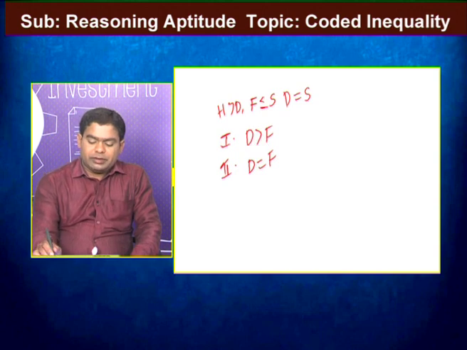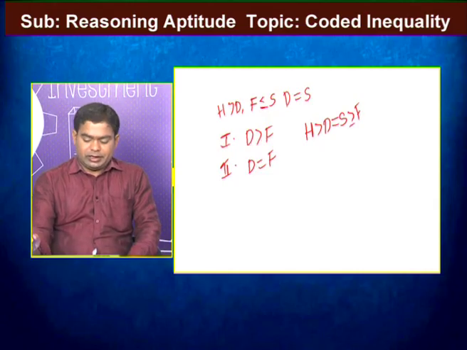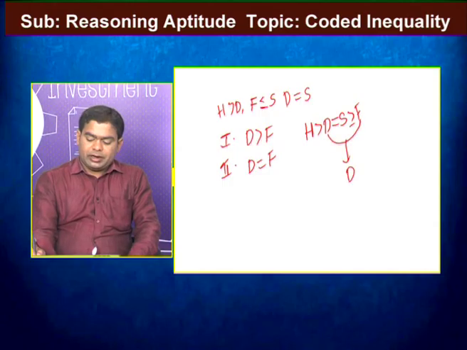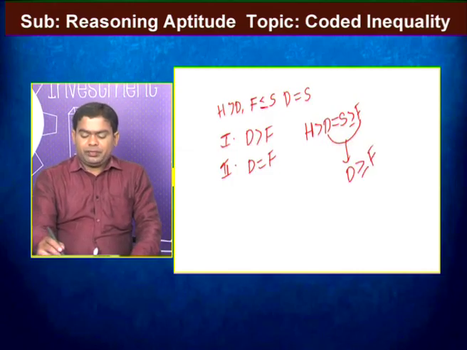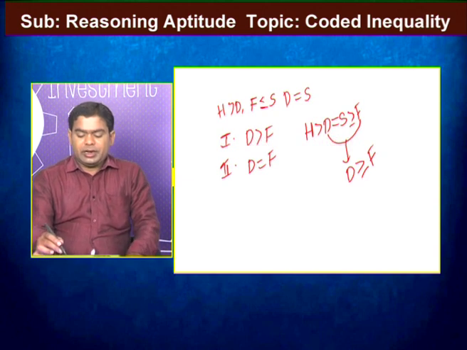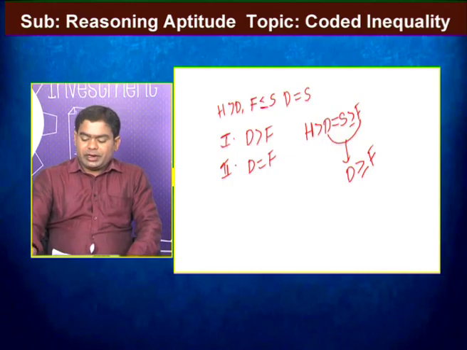After that we combine the given statement. That one is H greater than D, that D is related with S, again that S is related with F, here arrows are towards S side and equal symbol is there. That means S greater than or equal to F. In this combined statement, we verify the relation between D to F. We get D greater than or equal to F. Our conclusion 1 and conclusion 2 both contain D and F, but we get D greater than or equal to F.